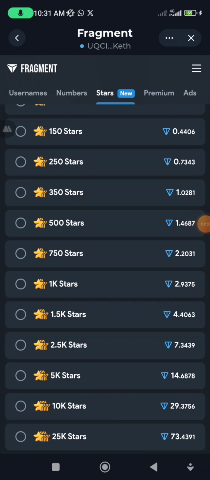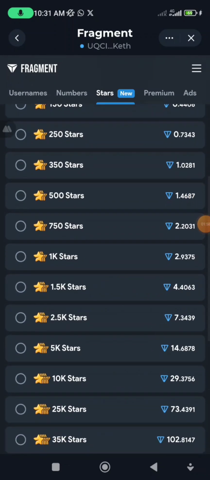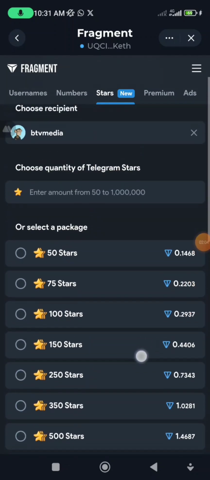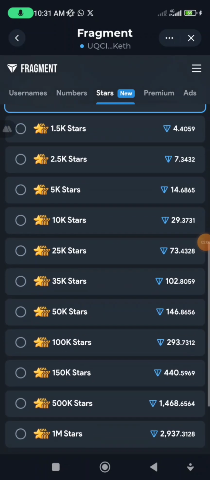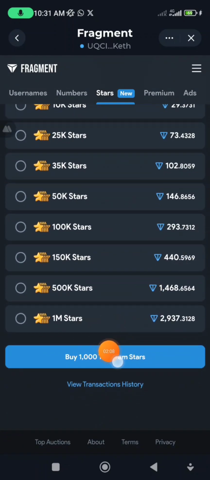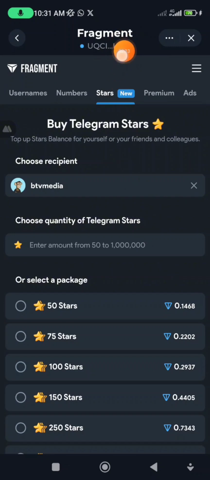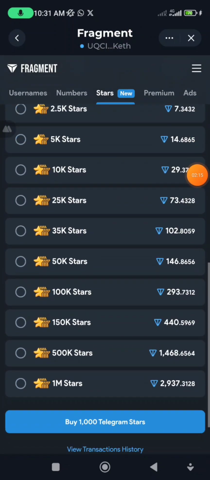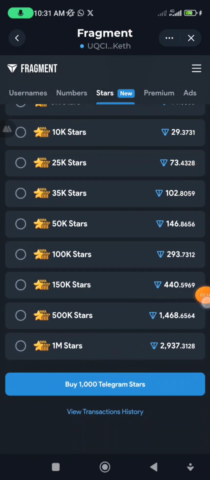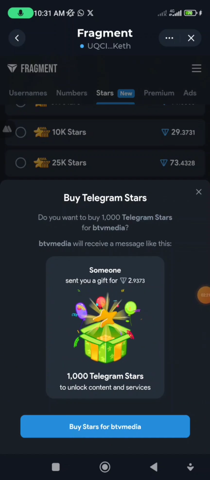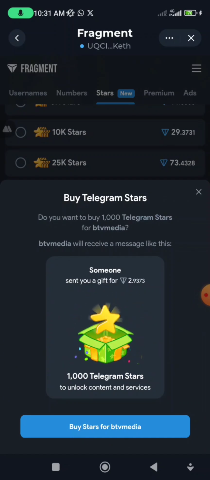Now, before you do all of this, ensure you have TON in your wallet, probably in your wallet or your Telegram wallet, whichever one you're using. So once you have that, select the amount you want to buy, then click on buy. All right, ensure you are connected. Ensure you connect your wallet, then click on buy, and okay,